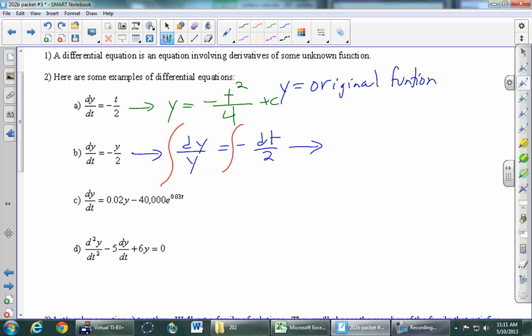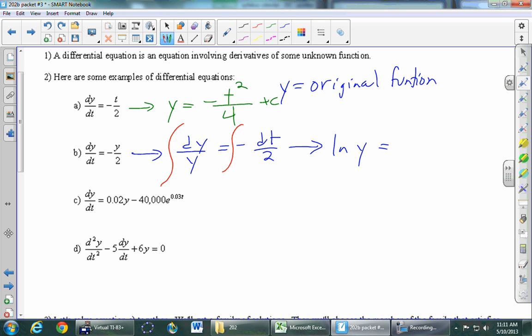And now these are two easy antiderivative problems. Because we've got the y with the dy, we don't have to think about, oh, is it the original function? Is it the independent variable? It's just a letter. It's y and it's dy. It's the same as x and dx. So what's the integral of dy over y? That's ln of y equals